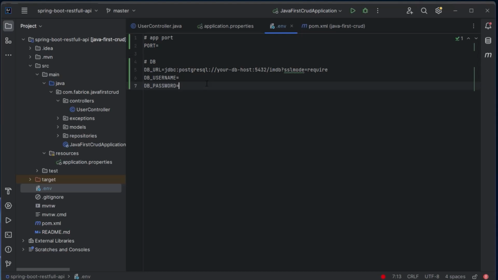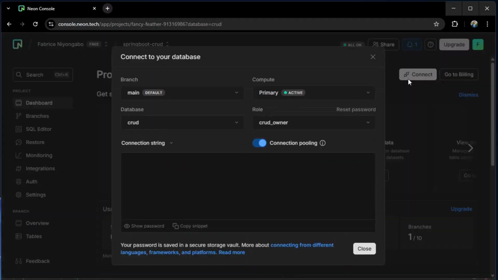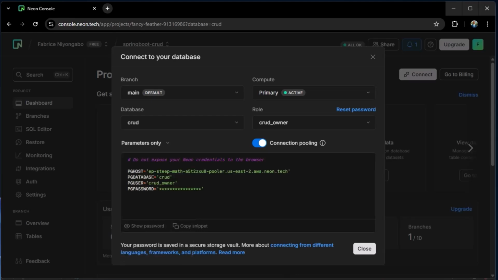Okay, the first environment variable that we need is our application's port. Let's give it 8080, and for the database URL, let's go back to our Neon console dashboard and click on this connect button, and here on this connection string, click on it and choose parameters only.